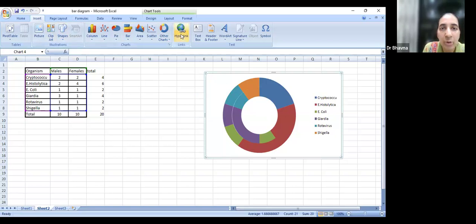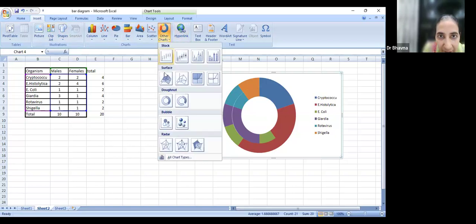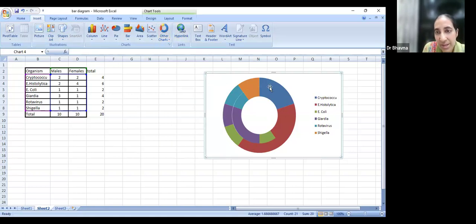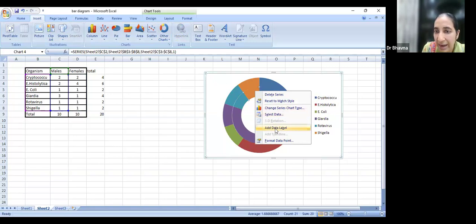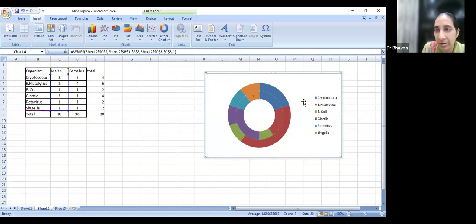Okay. I'm not getting the link for it and I'm getting late also. I want you to see something else. Okay, just have a hang of this. See, a donut diagram can do what? It can compare males with females. Okay, there are various ways in which you can select, add data labels, everything you can add here. Okay, this is for a separate class.